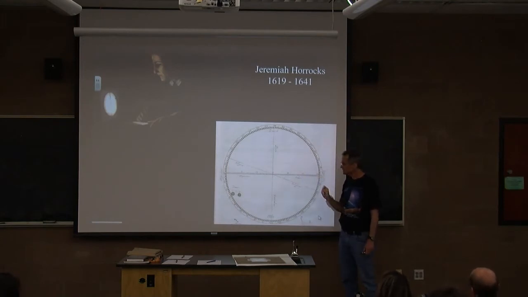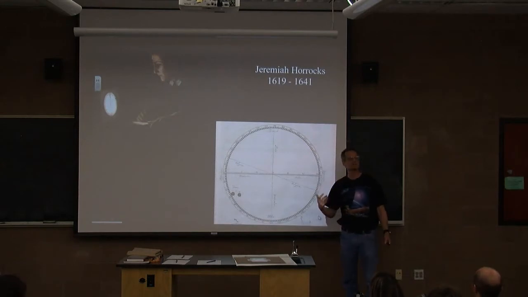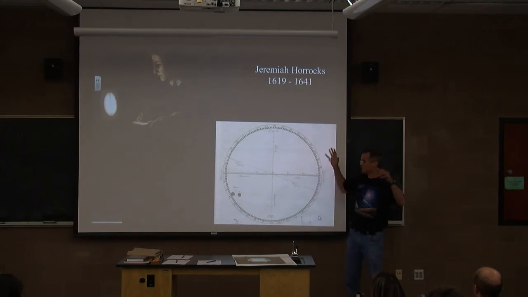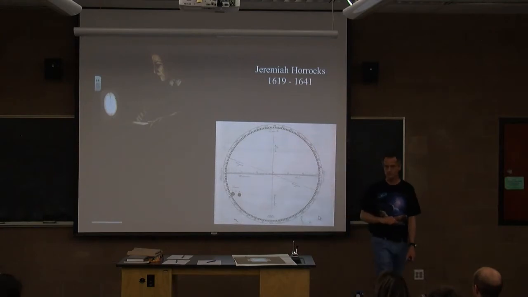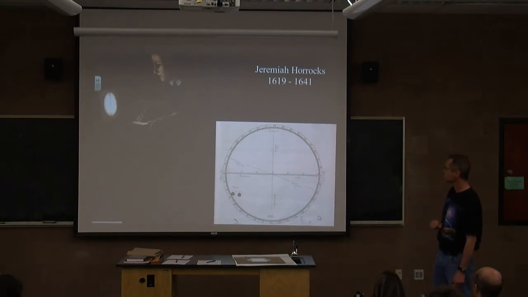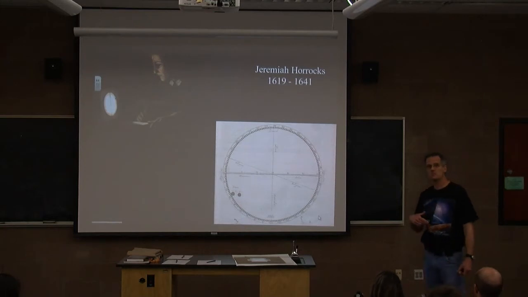And he said in his record of this that there was some activity, something was calling, some responsibility that he just couldn't tear himself away from, that he had to look for a little bit, it wasn't there yet, okay, I'm going to go do something, and then he'd come back a couple hours later and look, oh my gosh, it's there. No one knows what it was he was going to. It's suspected that perhaps there were some obligations at church or something. But when he came back, he saw the disk of Venus on the disk of the sun and recorded it and published his observations. So he became the first person to record actual observations of Venus transiting the sun. And he went on and he did more in astronomy.